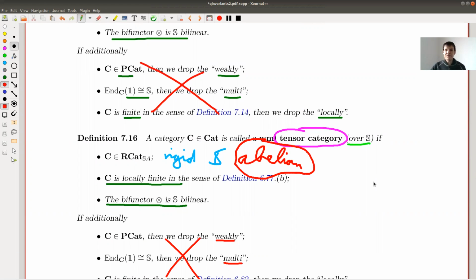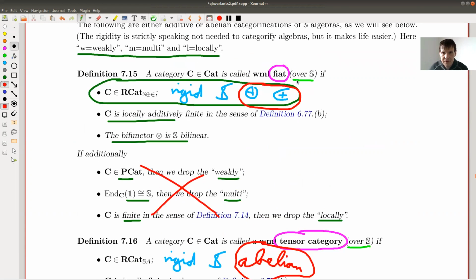So what do we have? Let me say it again. Two notions. One of them is called Fiat. So this is the first one, and here's the second one. So first and second. I probably will call them first and second throughout the rest of the text, if I want to make this distinction. And they are just merging the concepts we have seen so far.